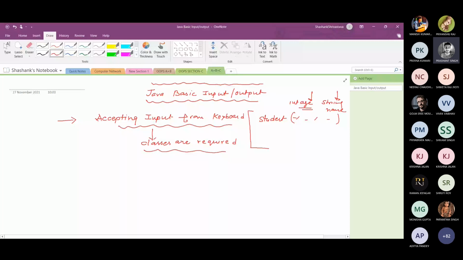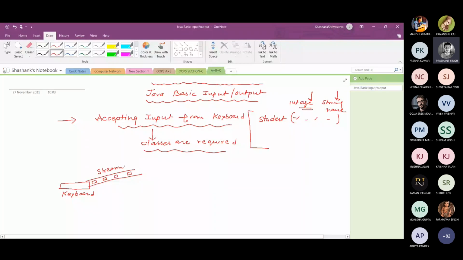Suppose this is the keyboard, and you would like to take the input from it. Basically in Java you need to connect a stream. Stream is a logical pipe. You need to connect a stream, and from this stream you can read the data from the keyboard.